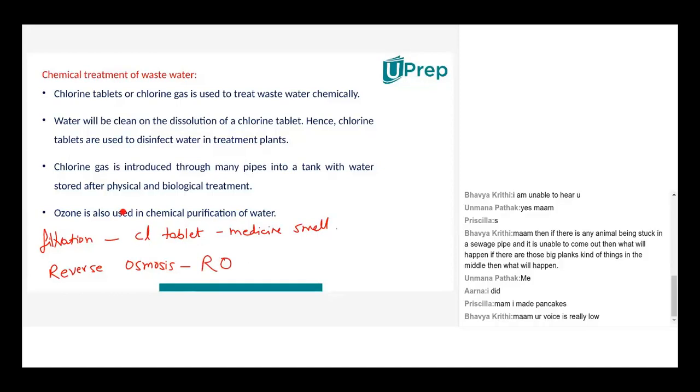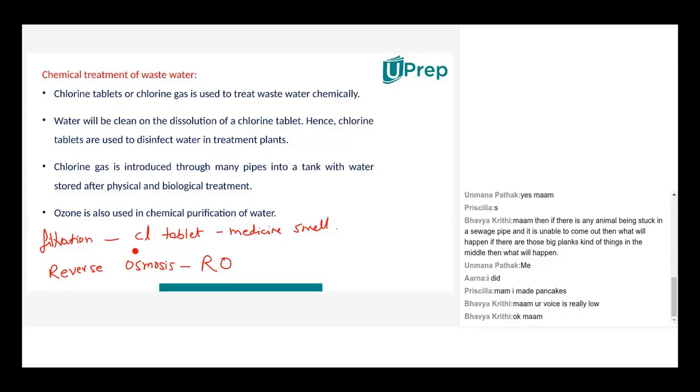But chlorine water is normally added, because chlorine is very easily available. It is a bit cheap and it can be added in waters which is really bulk, a huge amount, a few gallons of water. For example, if the government has to release drinking water to the entire city, then they would add chlorine gas, not even chlorine tablets, because it's easier, it's cheaper, and the water amount is huge. They cannot keep on doing little bit of small kind of filtration.